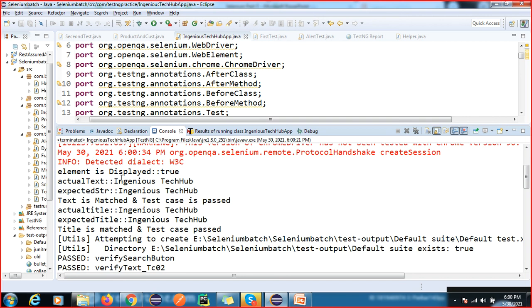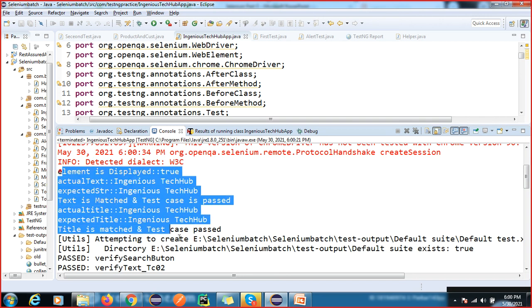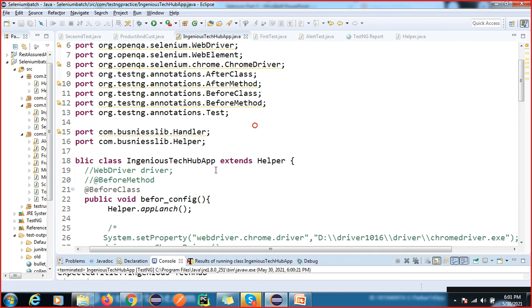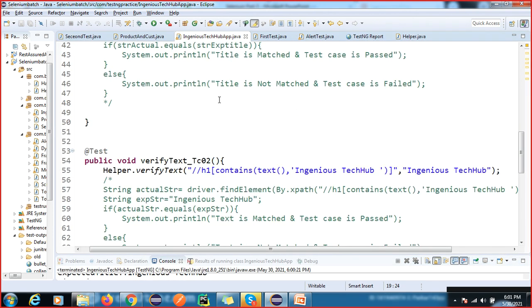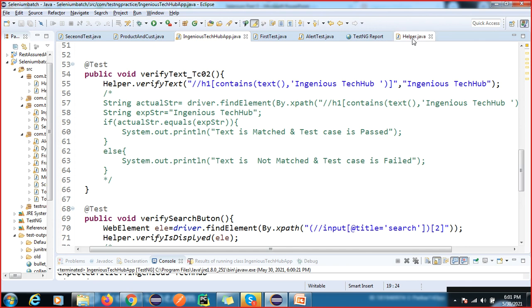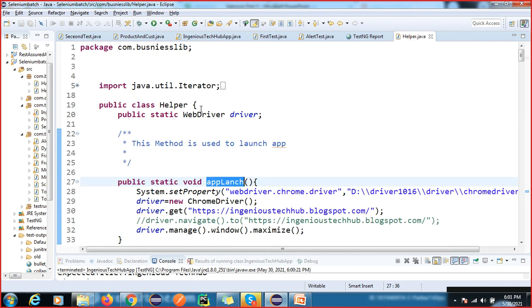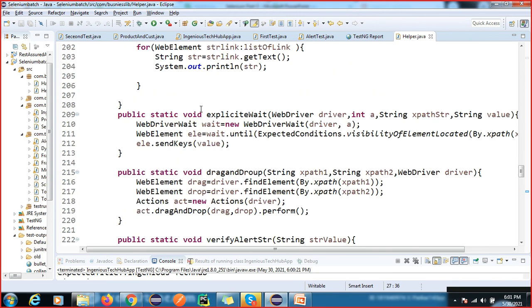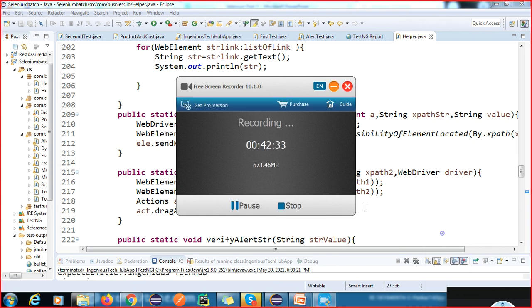Now we are executing at a time and verifying all the things. So this is the difference between BeforeClass and AfterClass. You can practice the same, and again I will send you this helper class complete code today. Okay, now I'm going to stop your session.